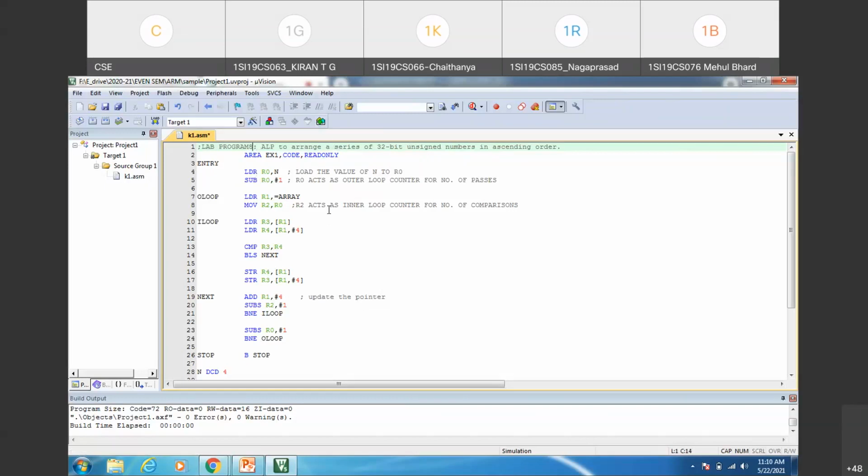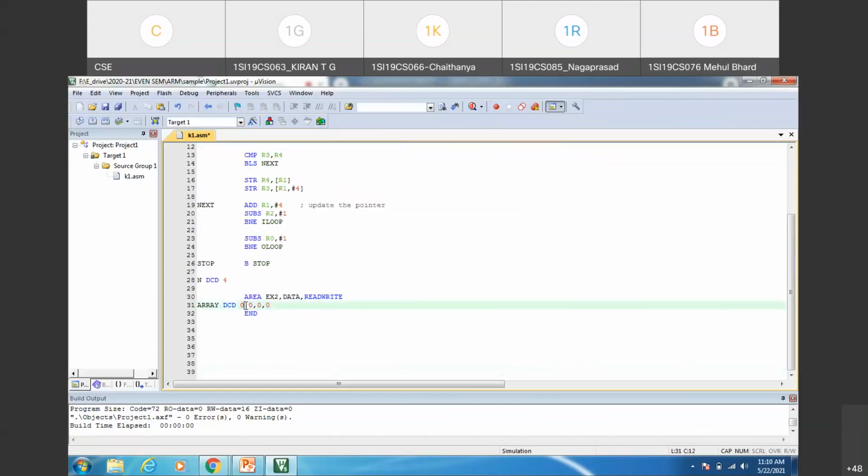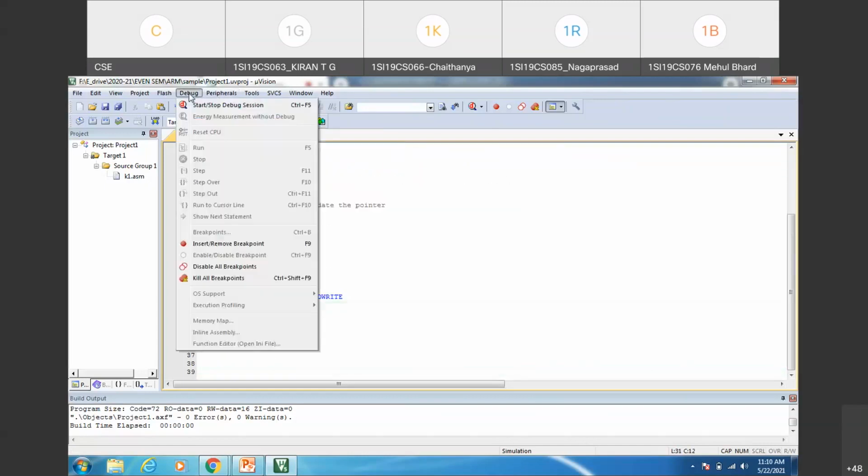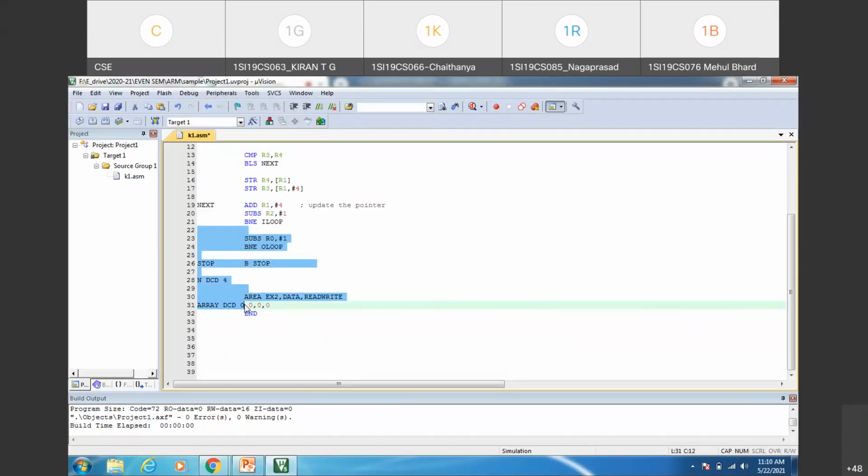Excuse me, ma'am. Yeah, ma'am, what will happen if you give input array values in the data section itself? I told you, it will be cleared to 0. No problem, you give it. You give it as 4321. Let me just execute and show. So you want to give it here only. That's what I stressed, Chaitanya.